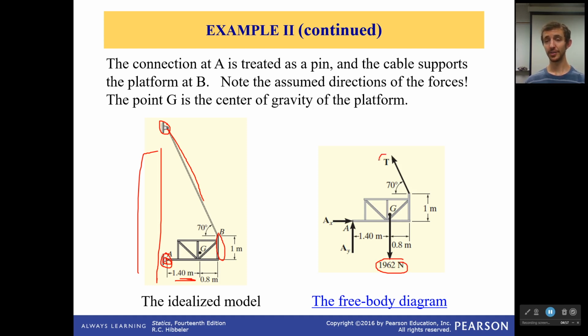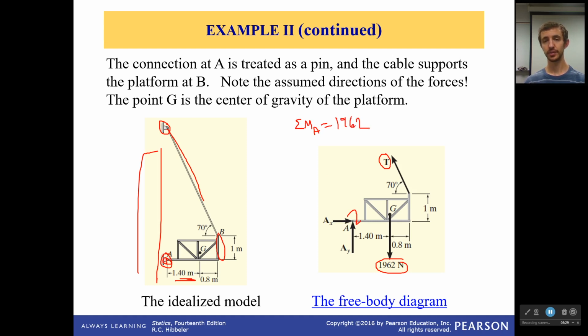So I want to get this tension right here. And this is one of those things where if you really are looking at it and paying attention, you can solve these just in a snap of fingers. Well, to do this, I want to get rid of as many unknowns as possible. And I remember that if I take the sum of the moments around a point, all the forces that apply on that point, or have their line of action going through that point, don't apply to that moment. So, if I do the sum of the moments around A, what I get is